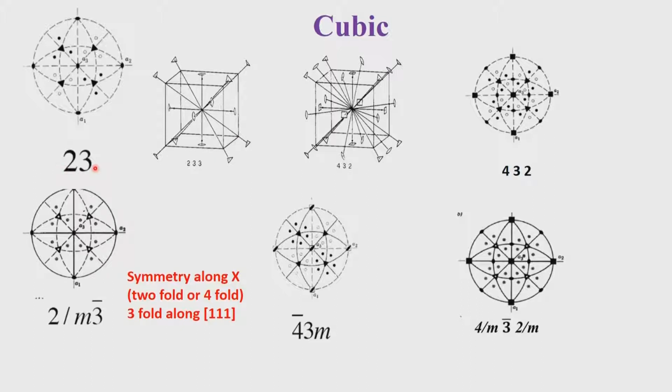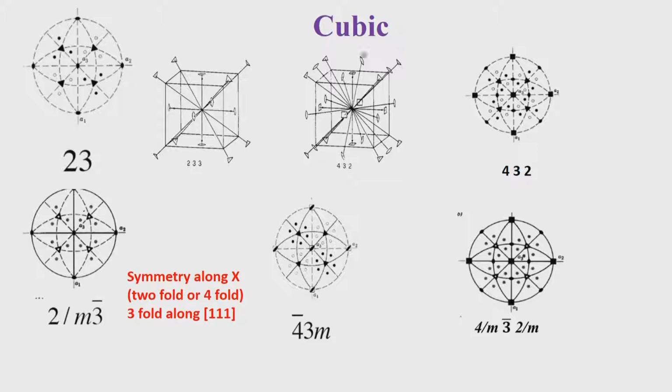So, we have therefore the presence of the 3-fold as a very common and unique representation, and that will always come in the second position in the point group symmetry, and we will see that when we look at the associated space groups, which will be a very large number in the case of the cubic system, because the cubic system can support different kinds of lattices. Cubic system will support a primitive lattice, it will support a face centered lattice, it will also support an I centered lattice, and as a consequence we get a large number of possible lattice symmetries that can be associated with these point groups. So, to cut the long story short, cubic is the most symmetric system one can think of.